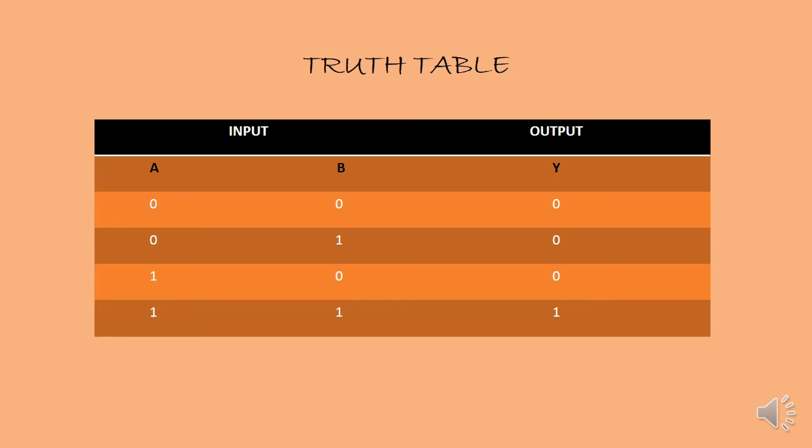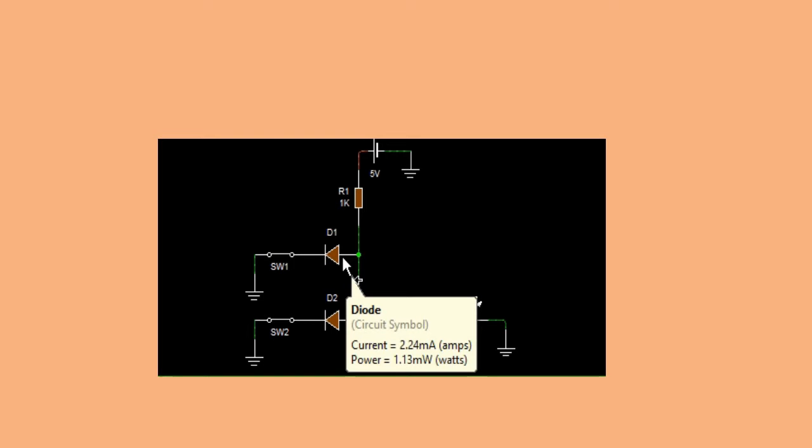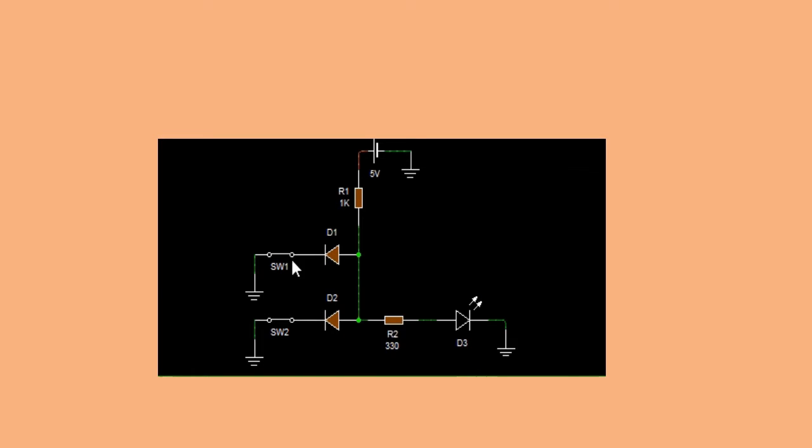इस AND gate को discrete component use करके कैसे डिजाइन कर सकते हैं वो हम सीखेंगे नेक्स्ट स्लाइड पे. So this is the design of an AND gate using discrete circuit components. Two diodes D1 and D2 are used. Left side of the diode is N side and the right side of the diode is P side. Two switches are used, switch 1 and switch 2. One 5-volt power supply is used.